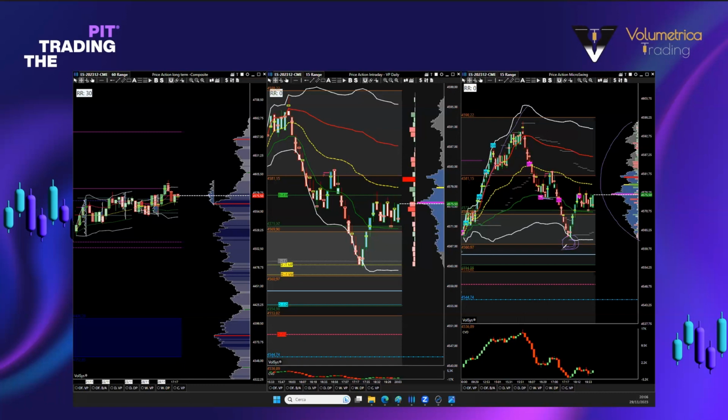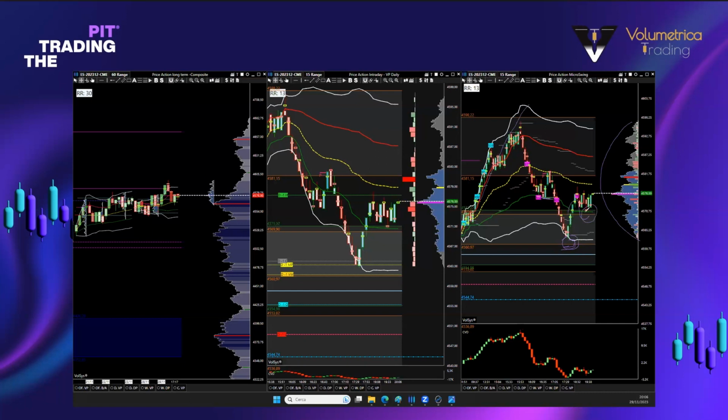And then we had this last pullback, and this one was perfectly to the tick, touched and rejected. The interesting thing, which comes exactly in combination with the topic of today, is that on this last pullback,